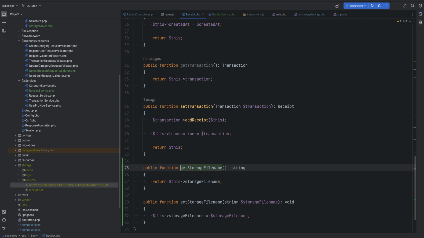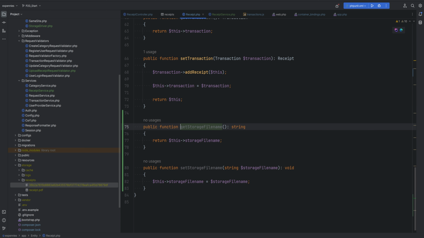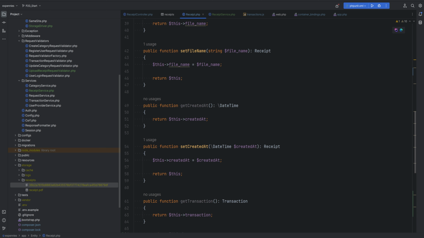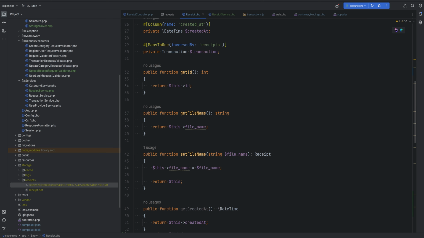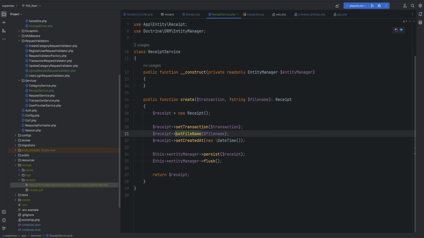Let's generate the getter and setters here for the storage file name. This will return receipt, and we'll return this here. And also let's adjust the getter and setter for the file name, because this will be file name, and let's change this to file name this way and this way. I don't think we use this anywhere, and we use this in one place here, so we'll change this here,